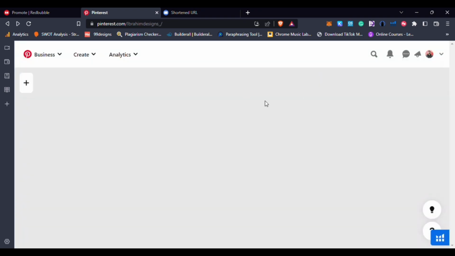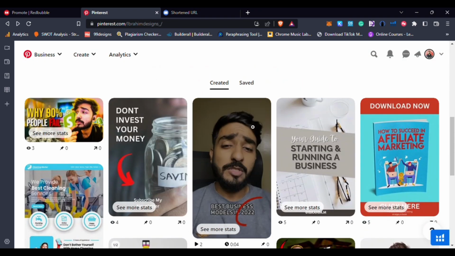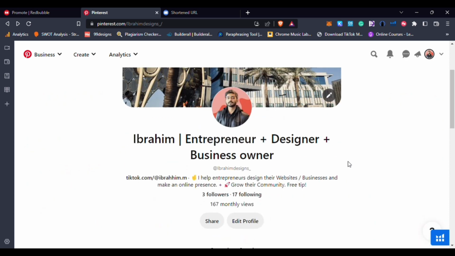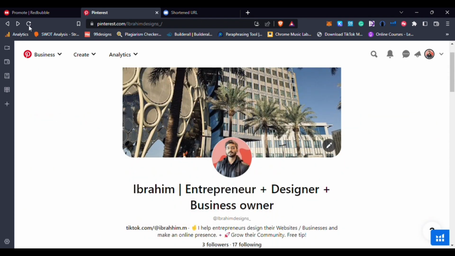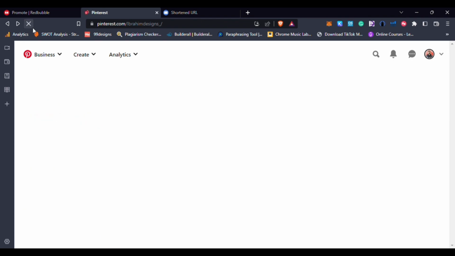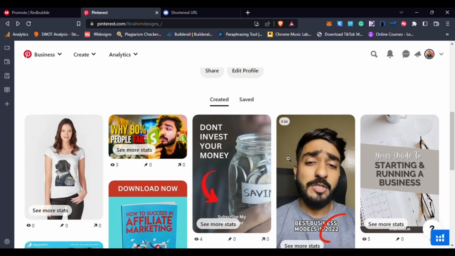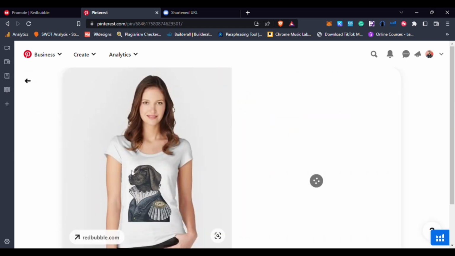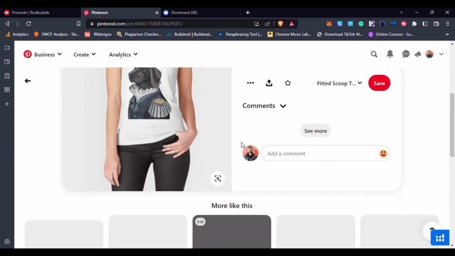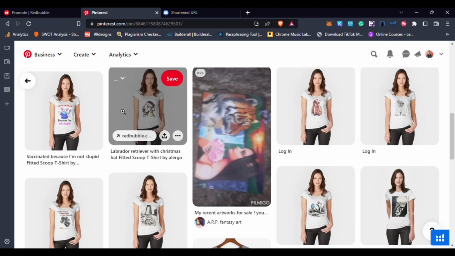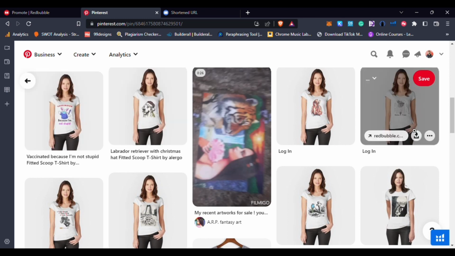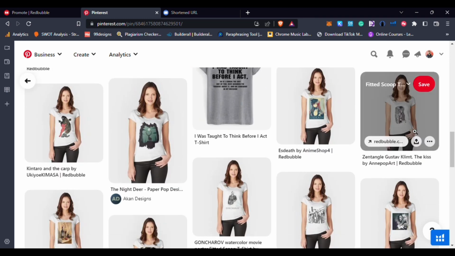For example, I scroll down here, it must show up here. Let me refresh, because you need to be posting, but if you are not posting related to, see, it's here. See, now it's here. You can see, you can scroll down, many people have posted this. So it's pretty much the best thing that you can do, and this is how you promote your